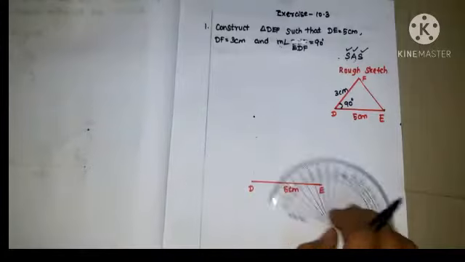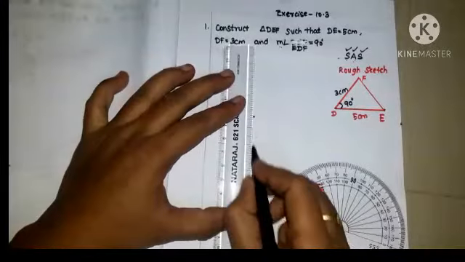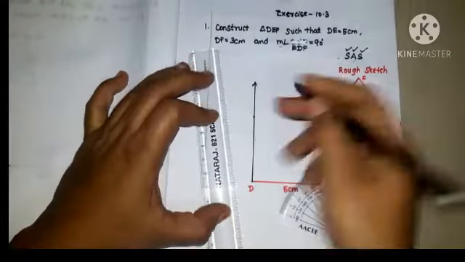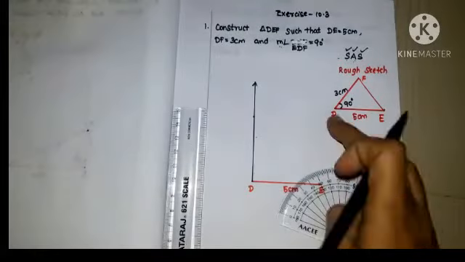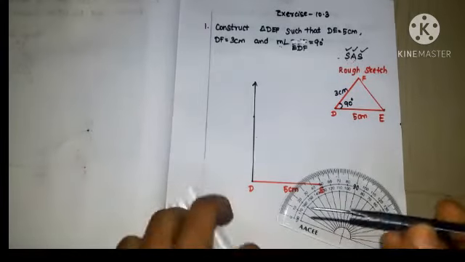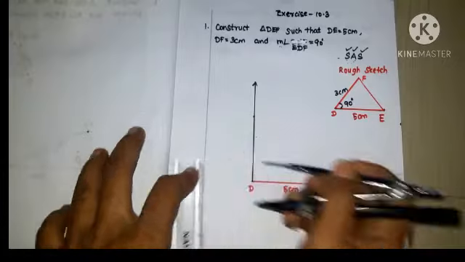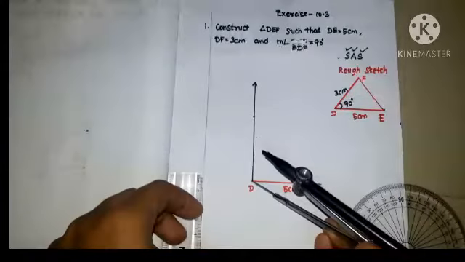Okay, so now I just draw one ray, extending through the 2 points. So this is one ray. From D to F I am having 3 cm. So for that measurement I have to use the compass. Measure it with 3 cm and draw the arc which cuts the ray. Keep the needle at